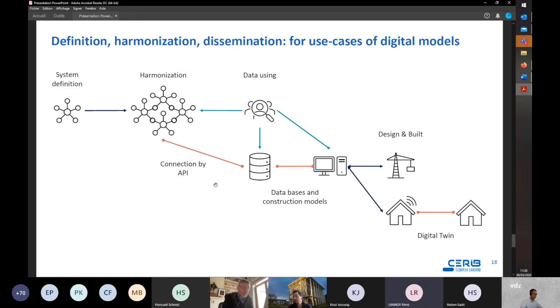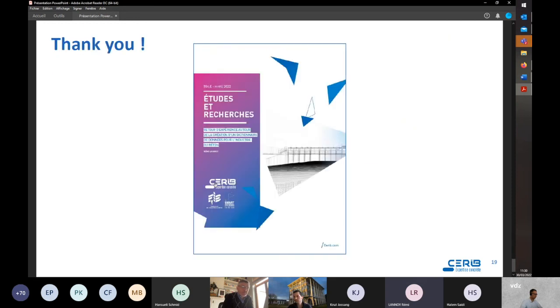So that is the conclusion of this presentation. Thank you. Everything I am telling you has been written in a synthesis report, which will be available on the CERI website soon. But sorry, it's only in French for the moment. For the moment, I am speaking with communications about translating this report into English. So thank you very much.